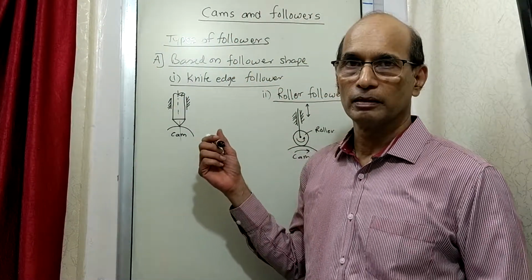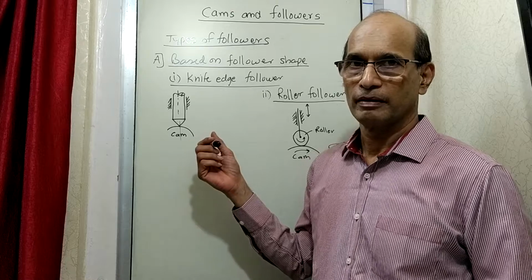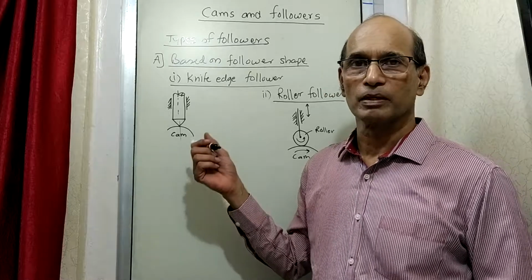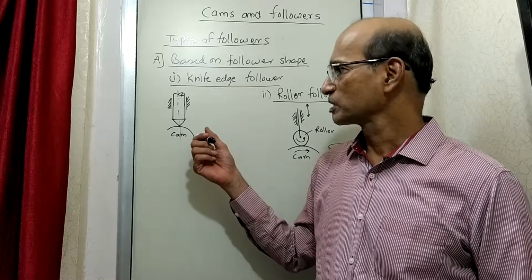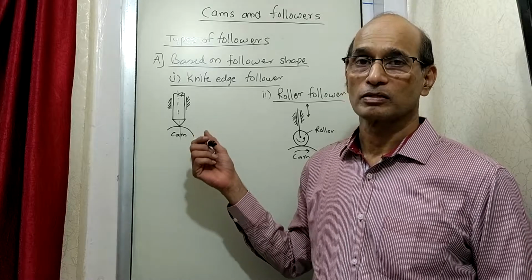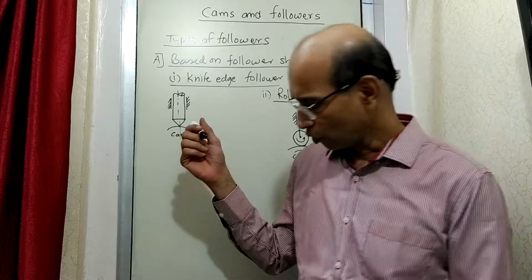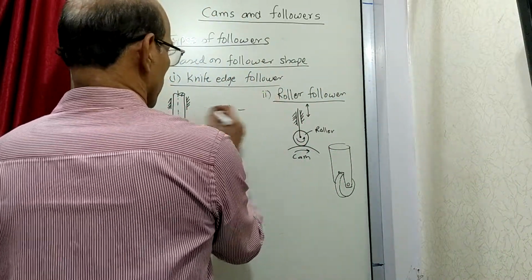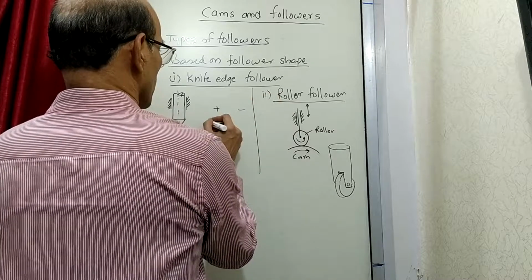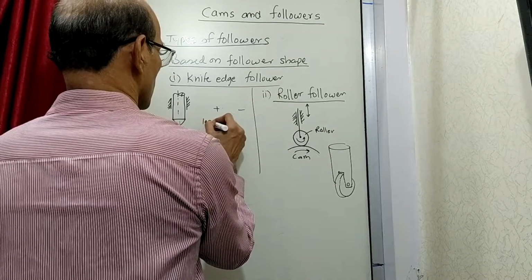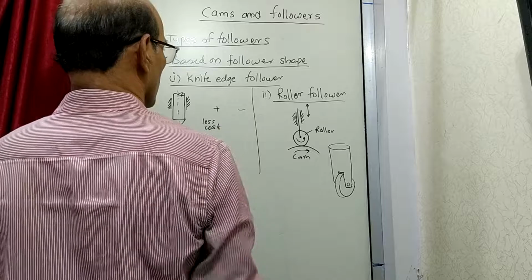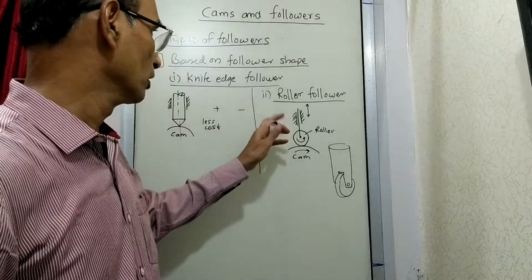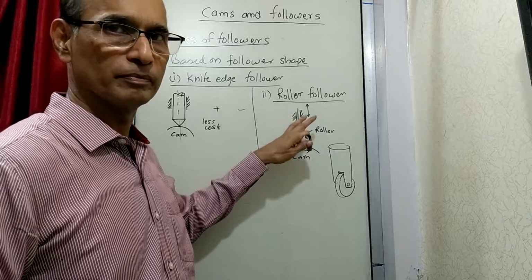What could be the disadvantage of this? Because if you see this, everything has got some plus point, minus point. So its plus point is that it is cost effective. Okay, so less cost. Maybe I'll write here plus points and minus points. So plus points for this is less cost. So obviously the minus point of this is more cost, opposite of this.